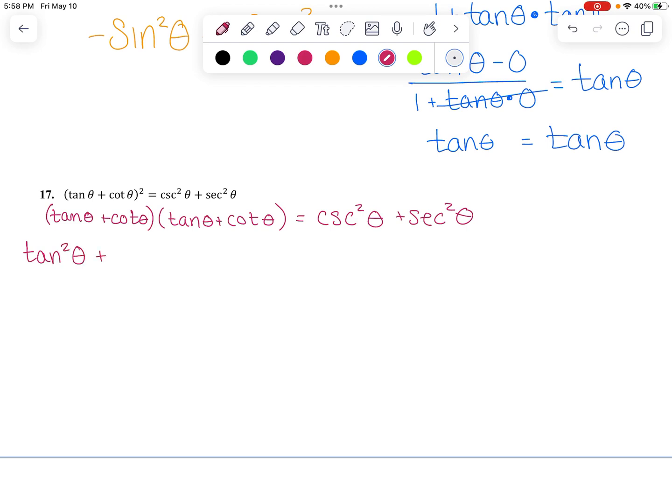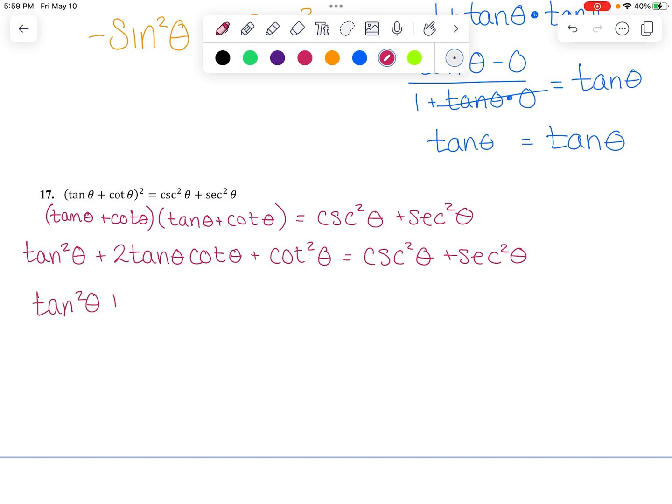I get tangent squared theta plus, now I'm going to get tangent times cotangent twice, so I'm just going to do 2 tangent cotangent, and I'm going to get cotangent squared. Tangent times cotangent, those are multiplied reciprocals. So this becomes tangent squared theta plus 2 times 1, which is just 2, plus cotangent squared theta, equal to